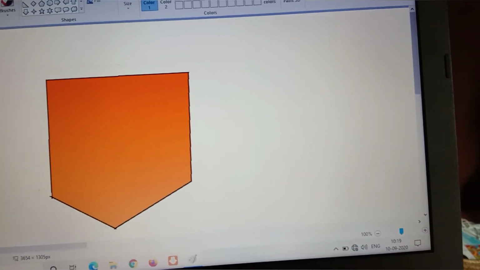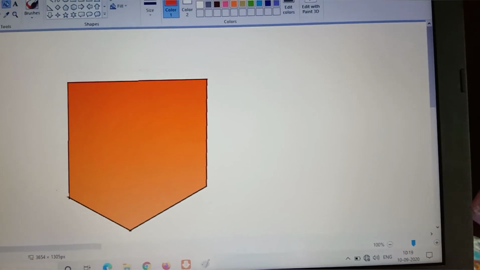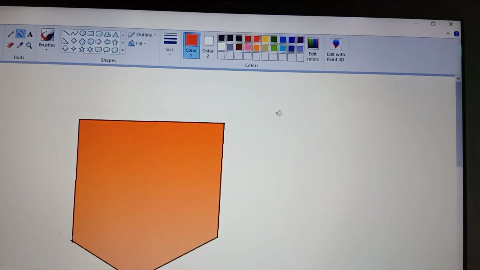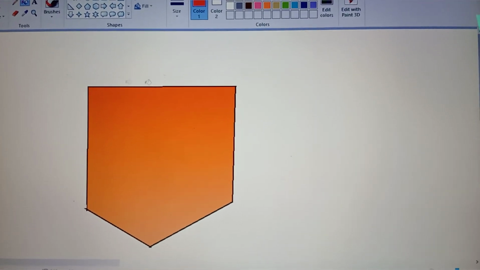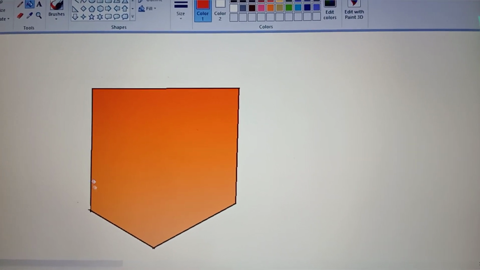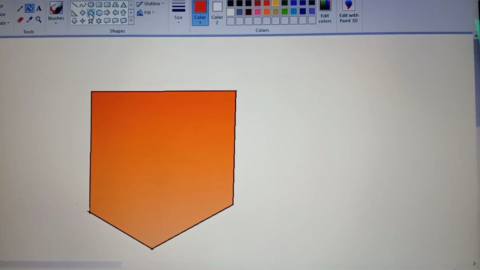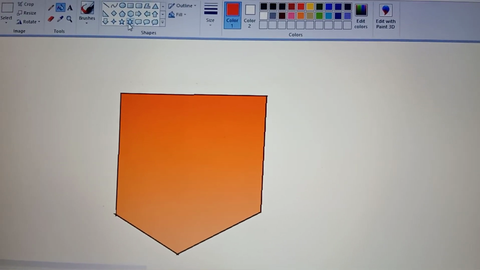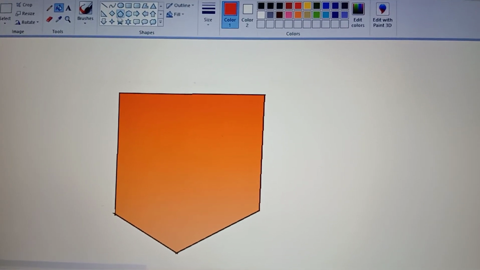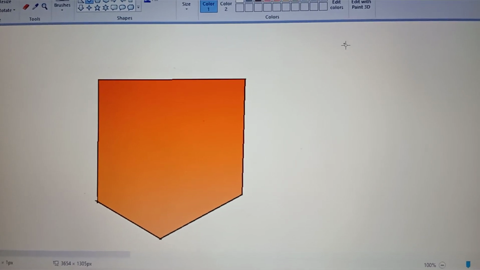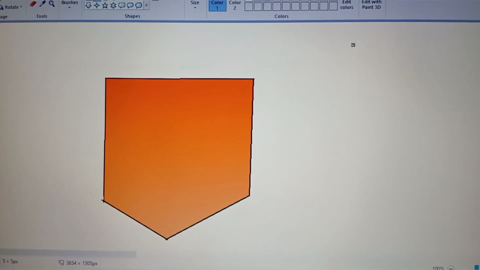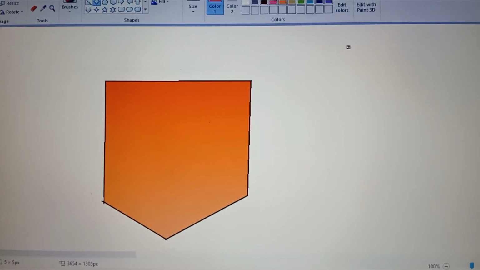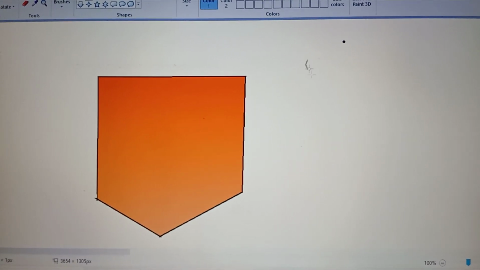Okay, so I hope all of you understood how to draw the polygon. So let me show you using other pictures. This is the polygon that you can draw by yourself using the line shape, but there are some ready-made shapes present. These are polygons. Suppose I took the diamond and just let me select another color. Suppose I select the diamond and I select the black color. When I draw it,